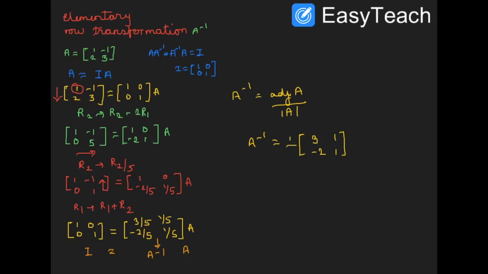the value of the determinant. The value of the determinant is what? 3 ones are 3, minus of minus plus 2, 5. So divided by 5. And you can see here that this and this answer is same. So once again, interchange the places, reverse the signs and divide this by the value of the determinant. What you get is A inverse, because what we have found out